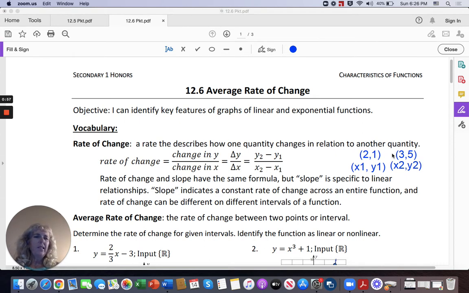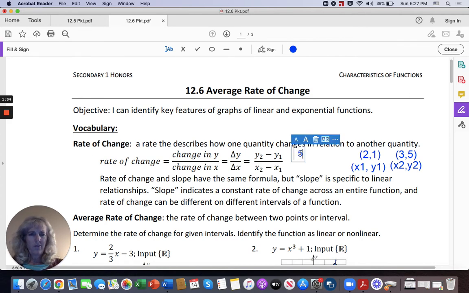So I went ahead and put an example, and you could write this down, please do, and then I will show you how to find the rate of change between these 2 points. I've already indicated x1, y1, and I couldn't get the computer to do a subscript, but it should be like x1 like this, and y1 like this over here, and then x2 and y2 over here. So here's our points. I'm going to start with y2 up on the top. So I'm going to take my y2, which is 5, minus my y1, which is 1,